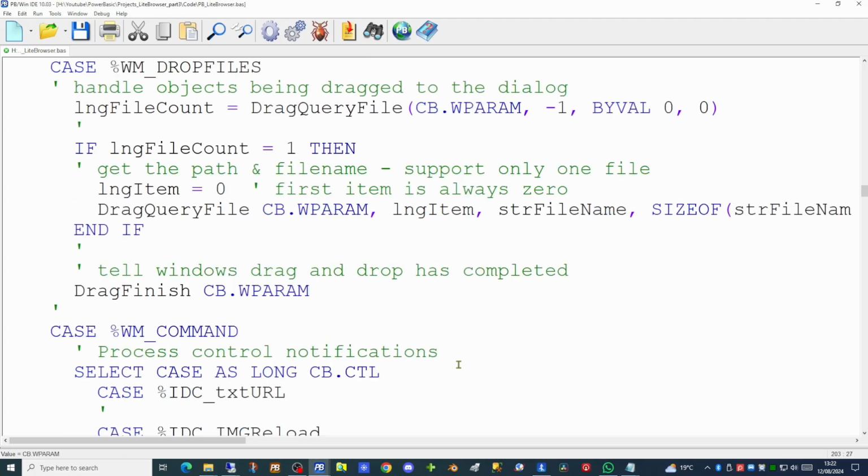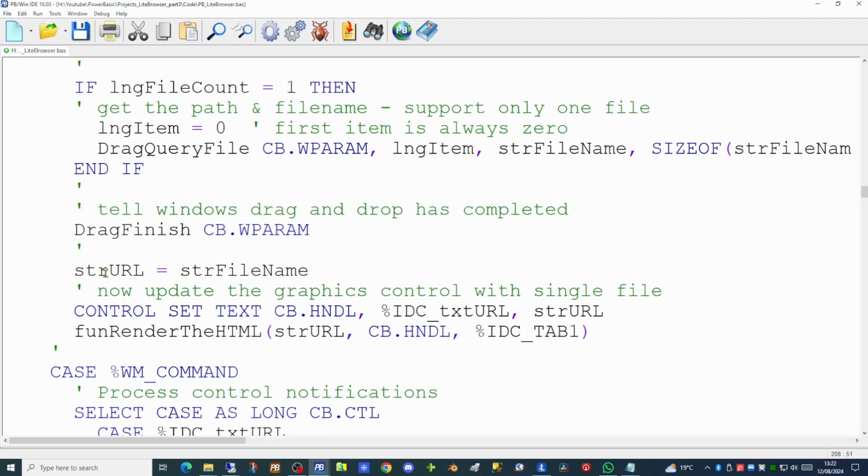Next, we will use another Windows API call named dragFinish. This tells Windows that the drag and drop has now been completed. And we can now take our file name, which is our URL, and update the graphics control with this single file. So we're populating our URL variable with the value that comes out from the Windows API call, and we're then setting the text in the URL control on screen to be that value, and we're calling the render the HTML function once more